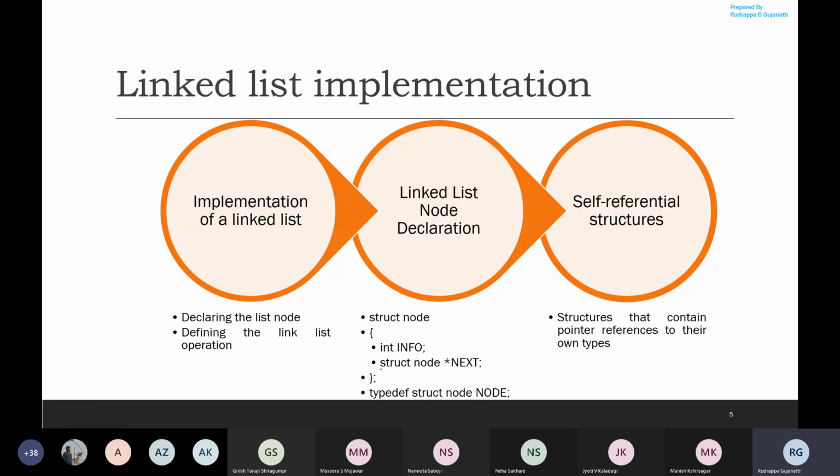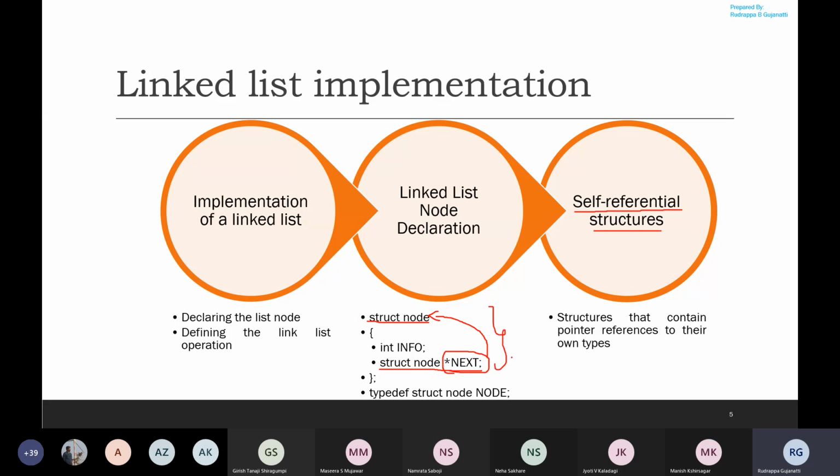Now here you can see that we have a statement that is struct node star next. And here if you just observe, this field is a pointer which is pointing to its own data type. So here we have struct node. So we call such kind of references self-referential structures.